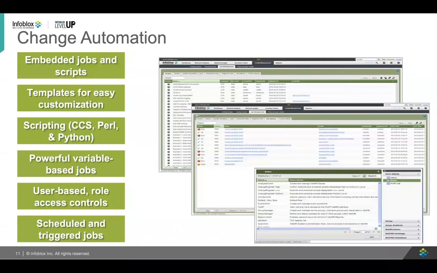We have access to templates, and these templates allow you to spin up a standard config or a standard snippet. So good usage for templates would be